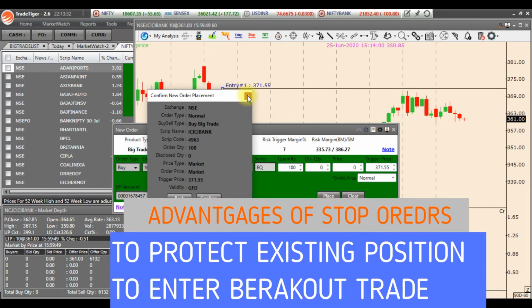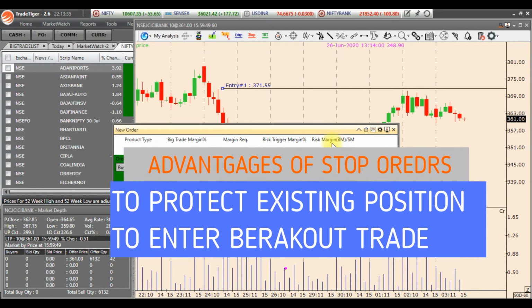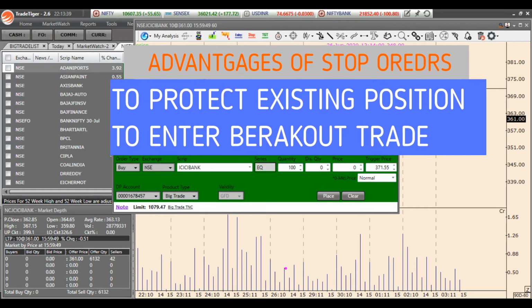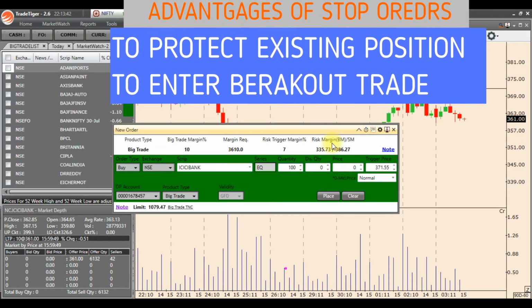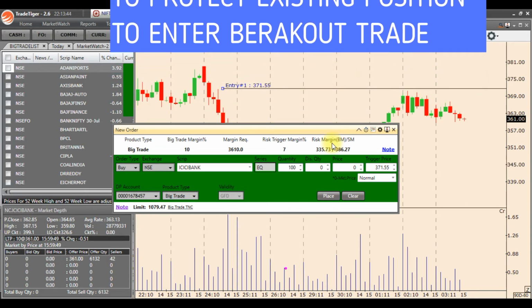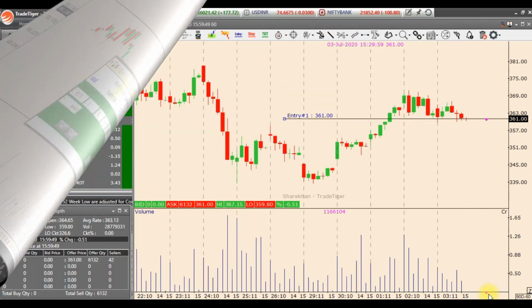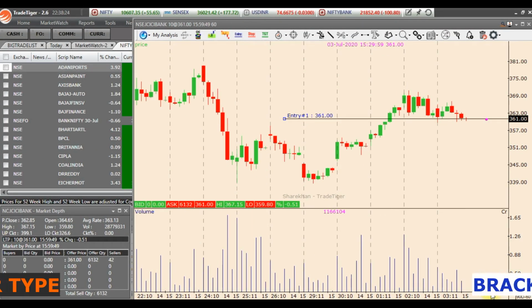Okay guys, so there are a few advantages and a few disadvantages of stop loss limit orders. There is less slippage in stop loss limit orders, but in a stop loss market order the slippage may be more, though your execution is assured. In case of limit orders, your order may not execute within that range. That may happen.